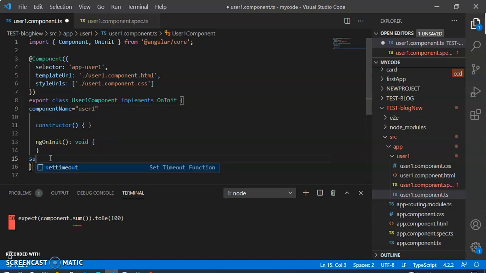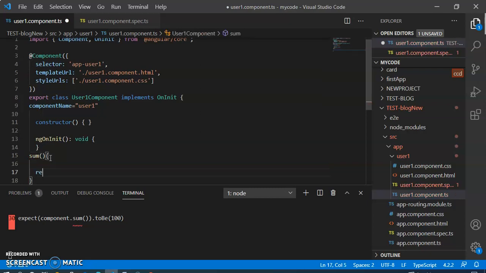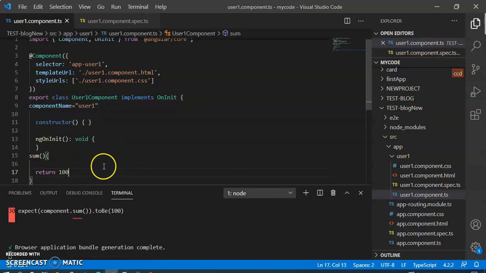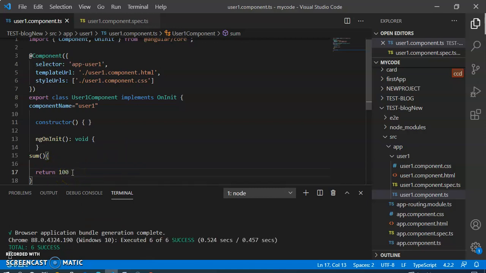Now we can write sum, because we have written the value 100 there, so we have to write 100 in the return section. Until we write and define it here, the error will remain.